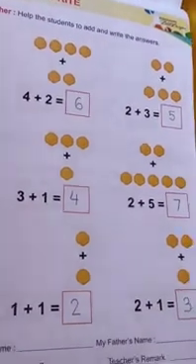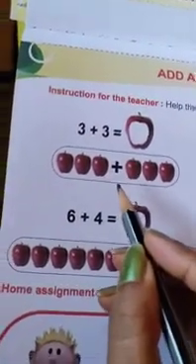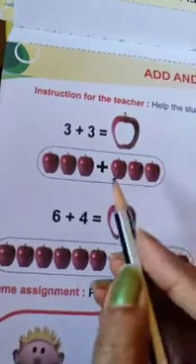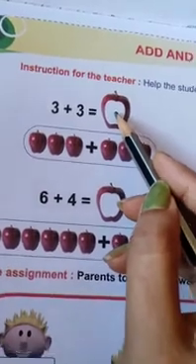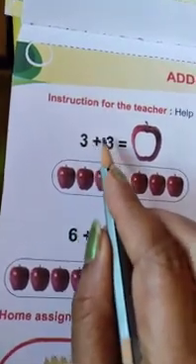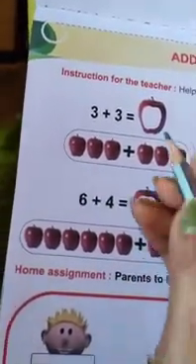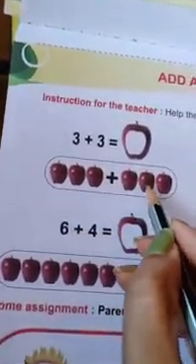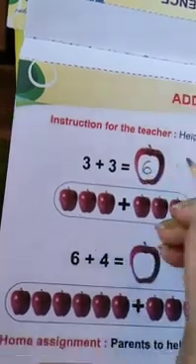Now let's turn the page. See, here we can see some apples and numbers also. So we have to count all the apples together and then we will write inside this apple box. Okay, so here the number is 3 plus 3. So let's count. Here it is 3 apples and 3 more apples. So we have to count all the apples together. 1, 2, 3, 4, 5, 6. 6 apples are there. So we will write here 6 apples.